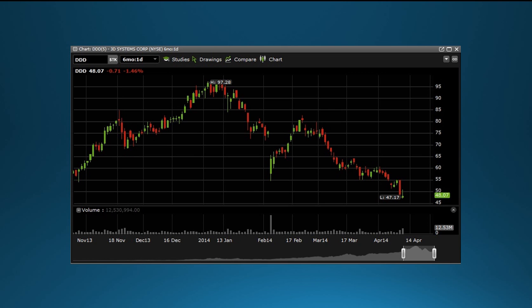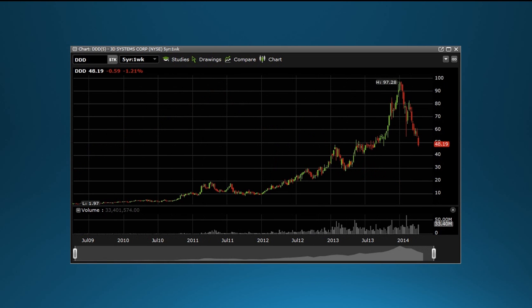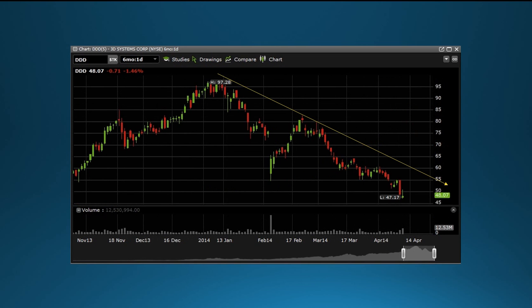Here we've got DDD on a 6-month, 1-day chart. And of course, here we've got DDD on a 5-year, 1-week chart. Now the stock is clearly in a downtrend, a very steep downtrend depending on how you look at it. Well, a couple people were asking me, how do you find a downtrend? Well, we've got DDD here at 97.28. It came down here, then it opened gapped way down. Now when it came back up